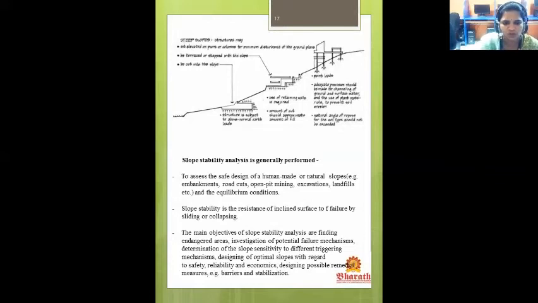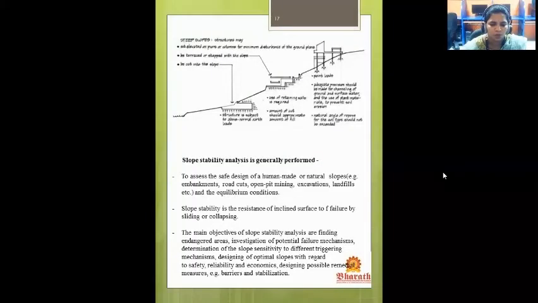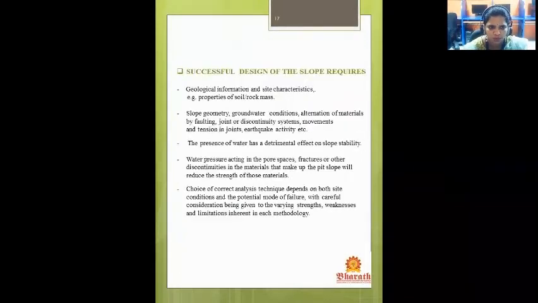The main objectives of slope stability analysis are finding endangered areas, investigation of potential failure mechanisms, determination of slope sensitivity to different triggering mechanisms, designing of optimal slopes with regard to safety, reliability, and economics, and designing possible remedial measures, for example, barriers and stabilization.